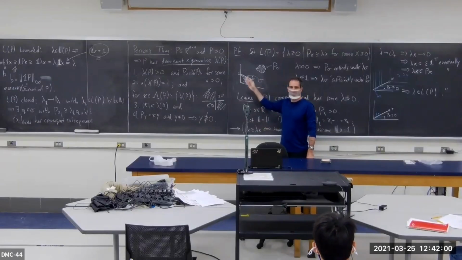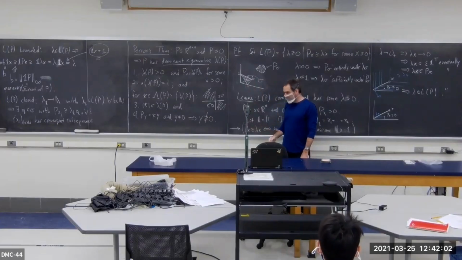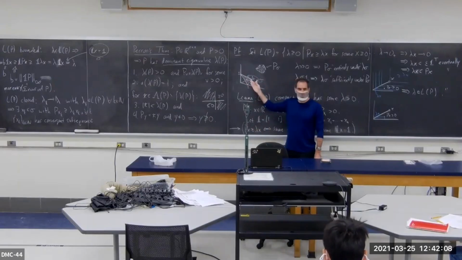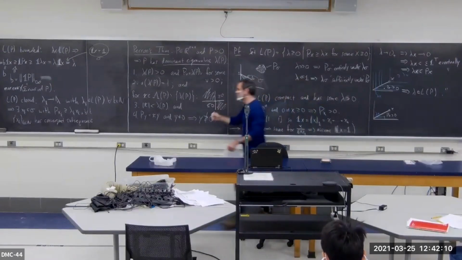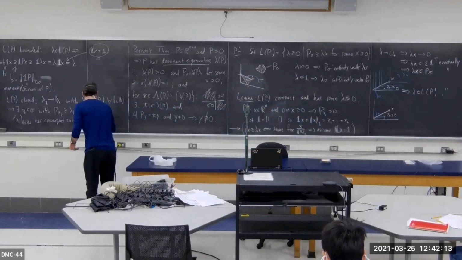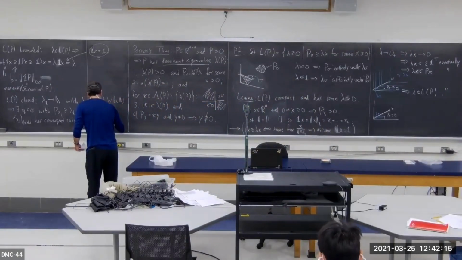What can you tell me about sigma? Closed. It's closed. It's not just, it's compact, right? It's closed and bounded, so it's compact. So every sequence in here has a convergent subsequence. So since sigma is compact,